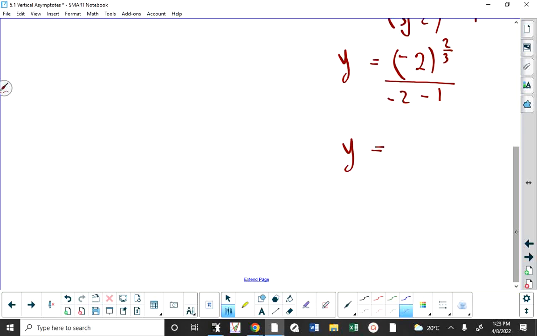So then I end up with the following. I end up with negative 3, and I'm going to put the negative for the 3 on the top. And I end up with 2 to the 2/3. And some of you might go, where's the negative on the 2? Since I'm squaring it, it becomes positive. Okay, you don't have to do that. You could leave the negative with the 2 and have a negative and then times negative 2 to the 2/3. But this is what y is equal to, so approximately